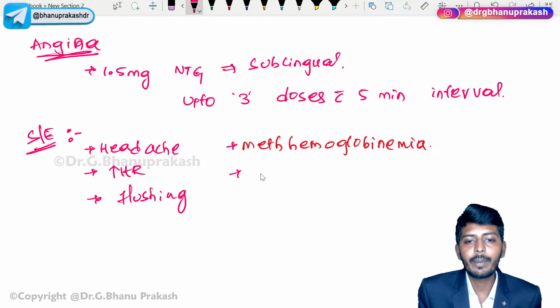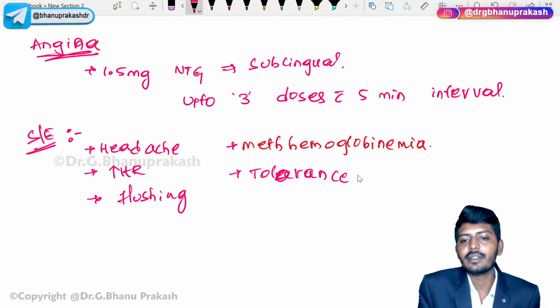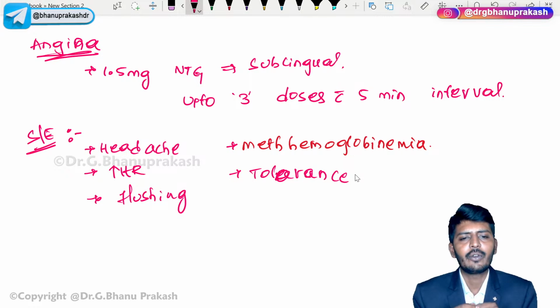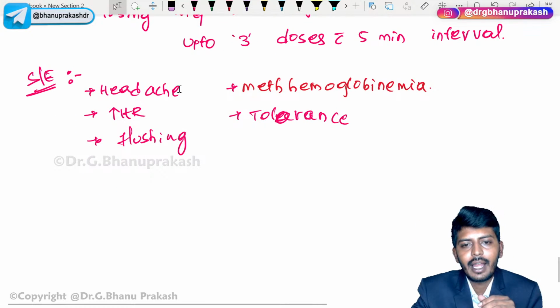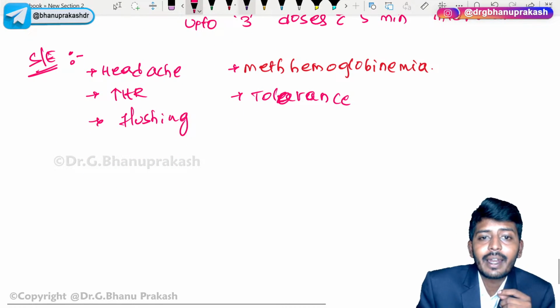These drugs will develop tolerance very easily. Tolerance can develop very quickly and easily. That can also occur, so with repeated administration, we have to be very careful. Once we have understood these organonitrates, I want you to understand this, not just this much, but remember